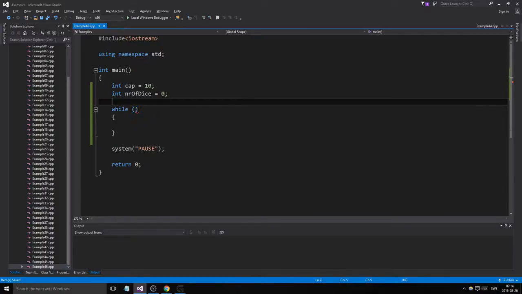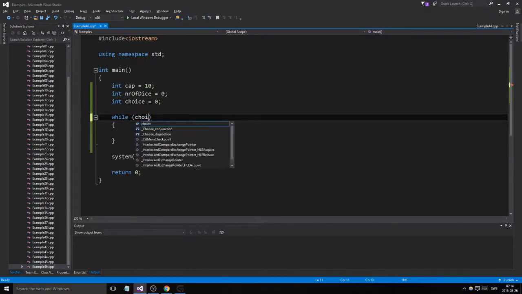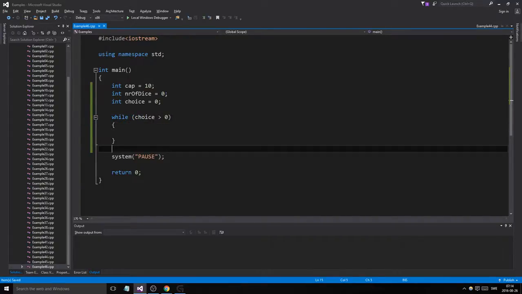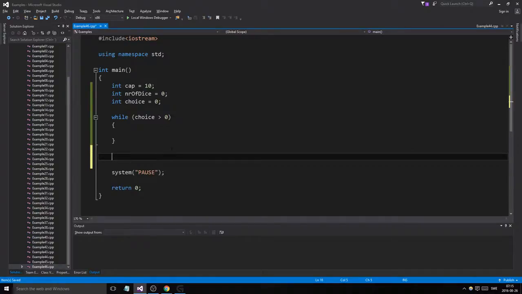Okay, then we'll have an int choice. Alright, choice larger than 0. As soon as it's 0, we will quit. So what do we want to do then? Well, we want to, whoops,